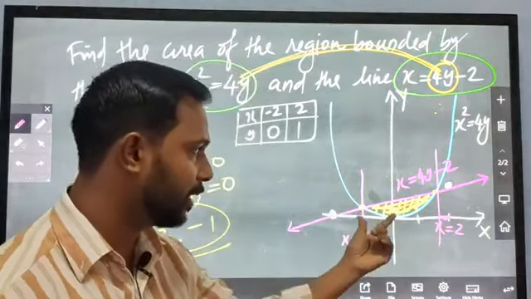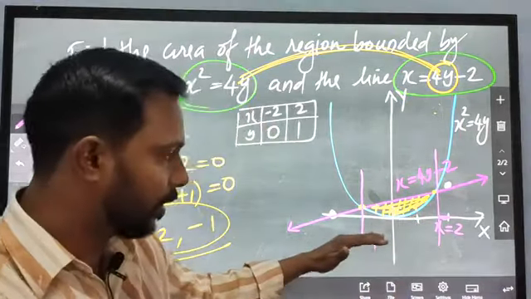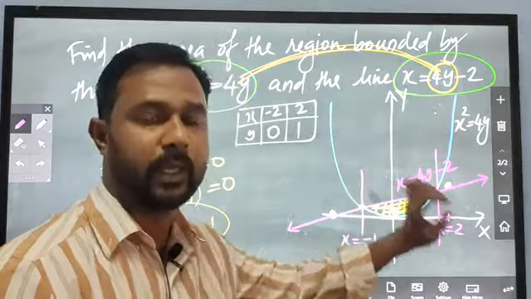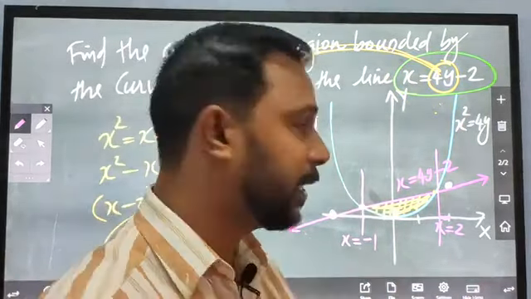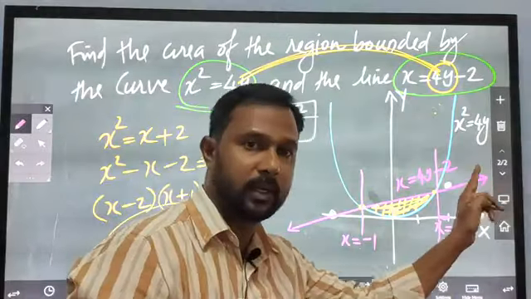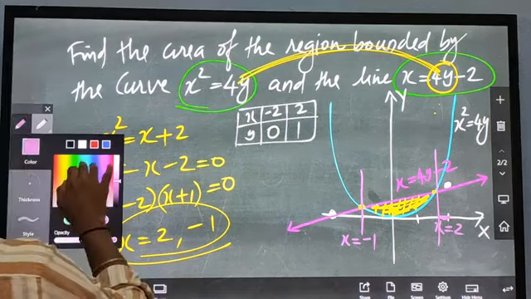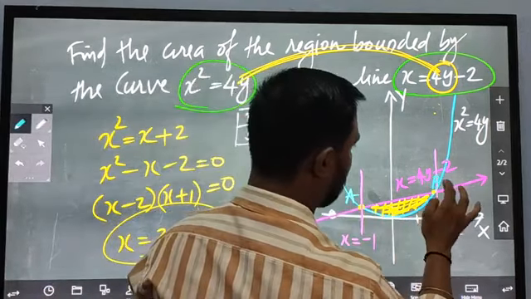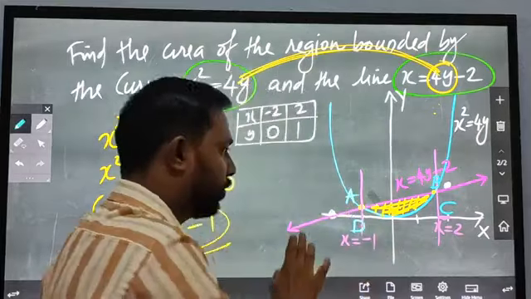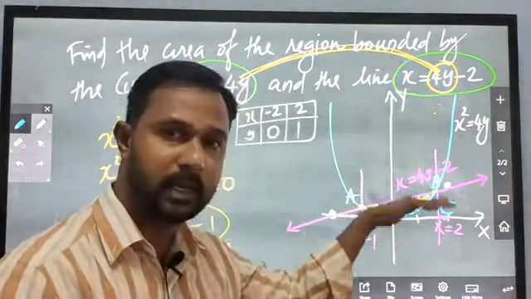How to find this area? We need this portion, right? First, it is the case of area between two curves. In such a case, you go for the upper curve. What is the upper curve here? It is the straight line. So we will find the area below the line. Let us label the points A here, B here, C here and D here. So what we are going to find is the area of ABCD, which is the area under the straight line.